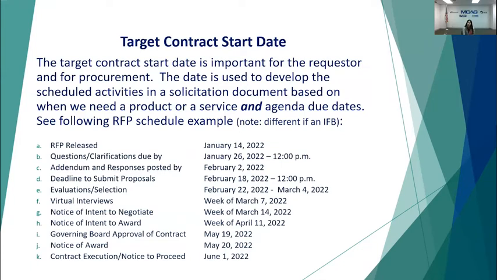So following is a schedule if we were going to release a request for proposals, which I went into a little bit more detail in my previous orientation video. And just a quick note, this is different if this is an invitation for bids document. Construction or certain other invitation for bids solicitation does not include, for example, intent to negotiate, because we take low bid. So this is an example of a schedule, and it's a good timely schedule,